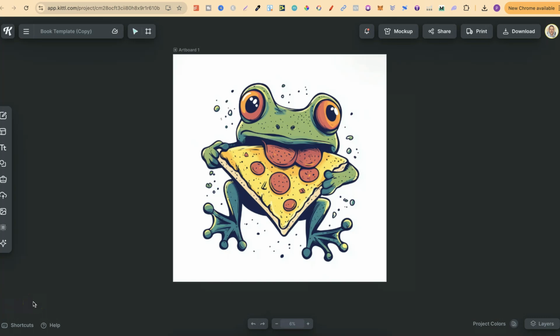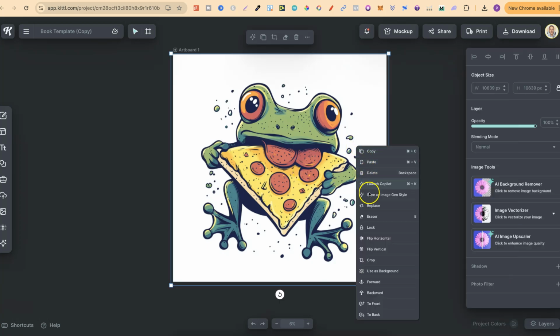In this tutorial, I'm going to show you how to use the eraser tool here in Kittl. Now, one thing to note, and that is you do need a Pro Kittl account, and that's around $10 a month, because we are also going to be removing the background of this, and we do want to download as a transparent background. But nonetheless, once you have your image on the canvas like this, we simply want to right